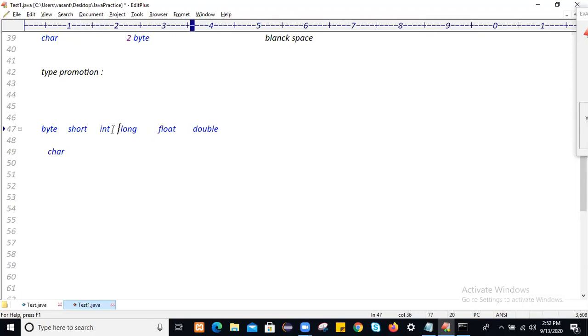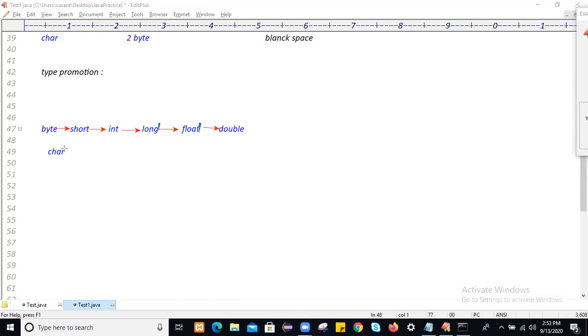So you know guys, when you go from left to right, that is called upcasting. You are going to perform upcasting of the data type. You can easily convert a smaller memory data type into a bigger memory data type. Here you may think long is 8 bytes and float is 4 bytes. But while conversion, if you get some extra data, not an issue. So when you convert any data type, we are moving from left to right. This is called auto upcasting.